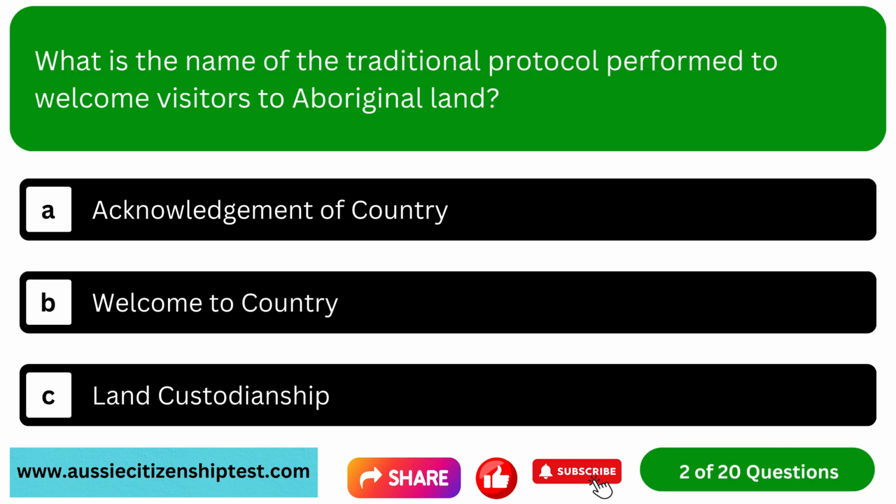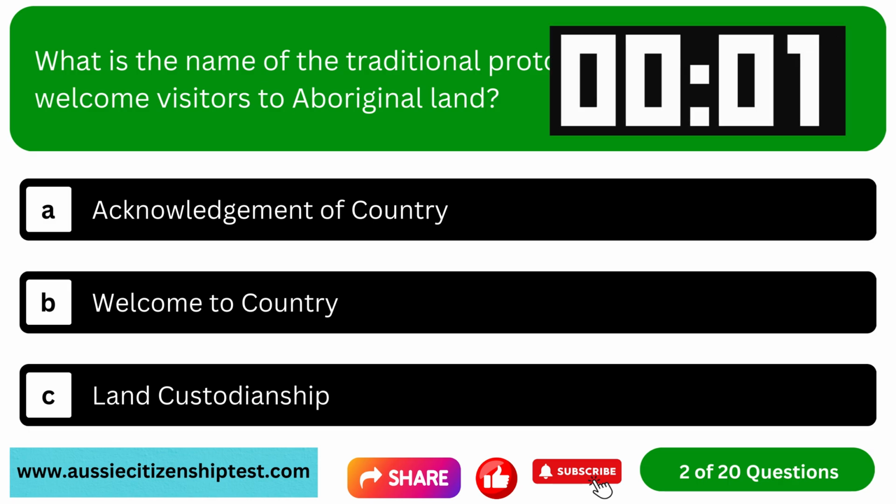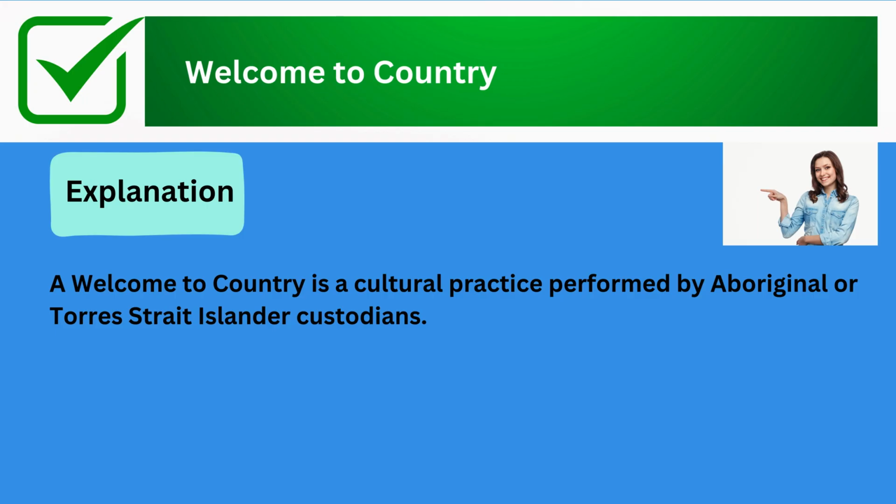Question 2. What is the name of the traditional protocol performed by Aboriginal and Torres Strait Islander peoples to welcome visitors? Option A, Acknowledgement of Country. Option B, Welcome to Country. Option C, Land Custodianship. The correct answer is Welcome to Country. Explanation. A Welcome to Country is a cultural practice performed by Aboriginal and Torres Strait Islander peoples to formally welcome